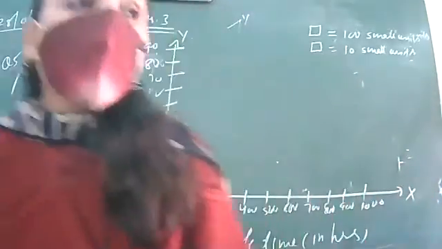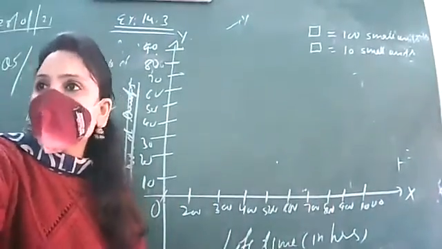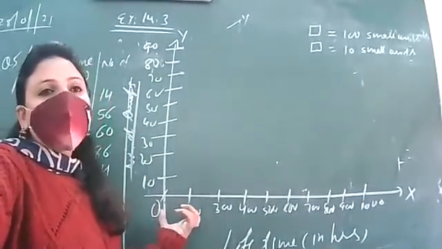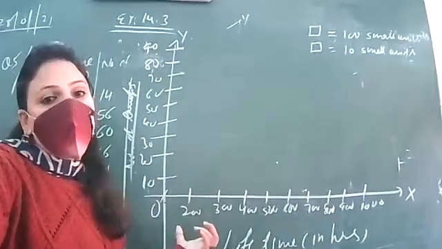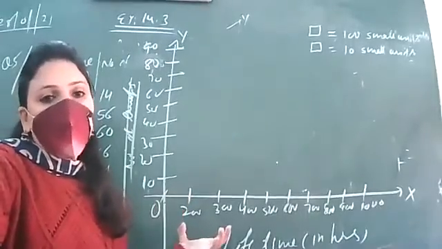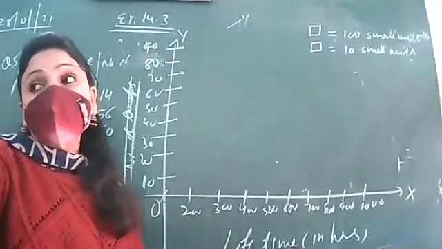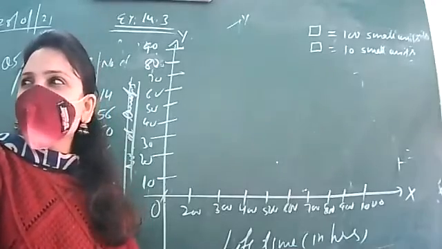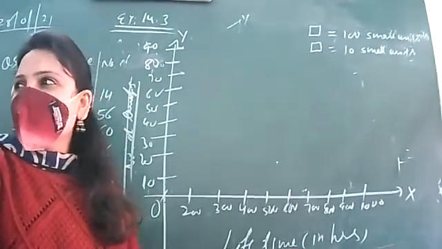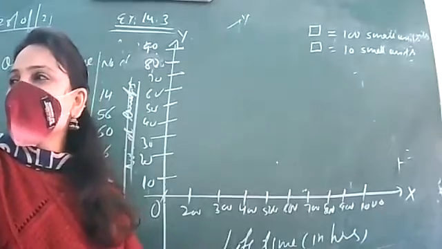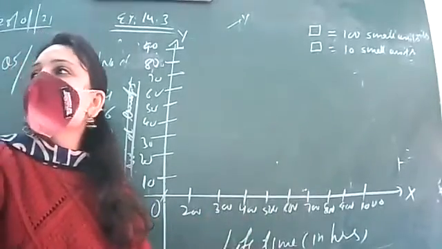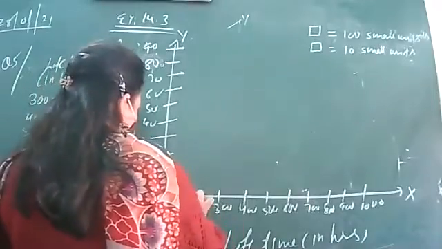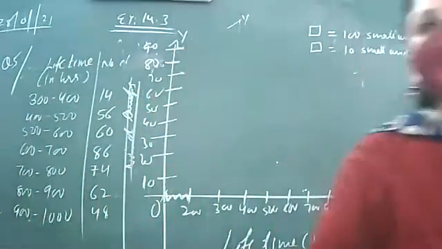You can put the kink and go ahead. So you see, the first block has a distance of 200 units, while the rest of the blocks have the same distance, that is 100 units. That is, the first block is not following the instructions, so it should be out of the range. So what is to be done? We have to make the kink. Okay, we will put the kink.